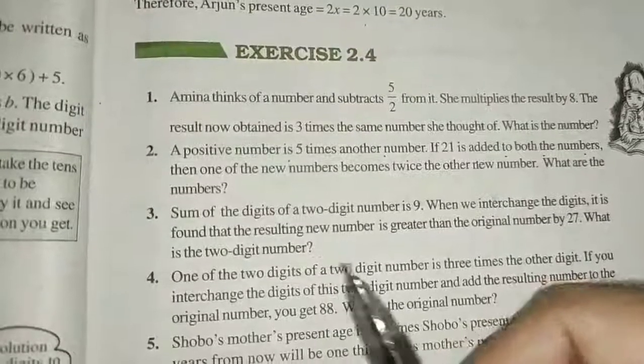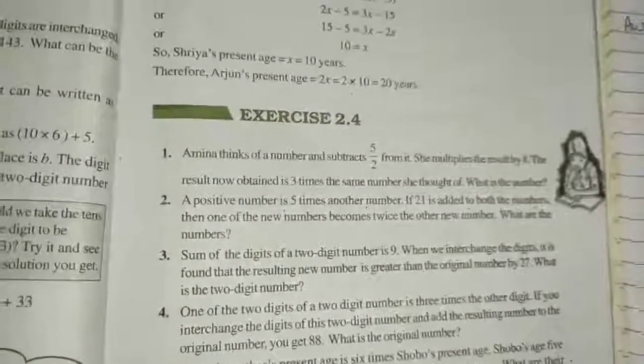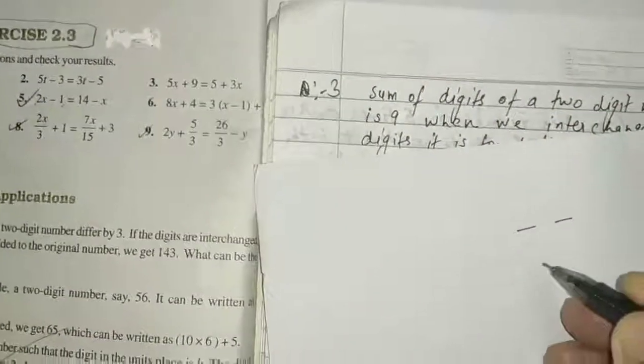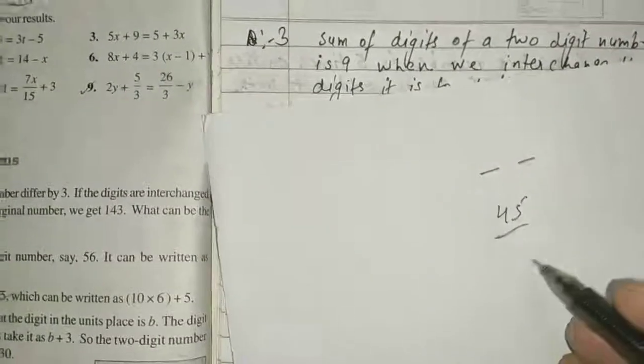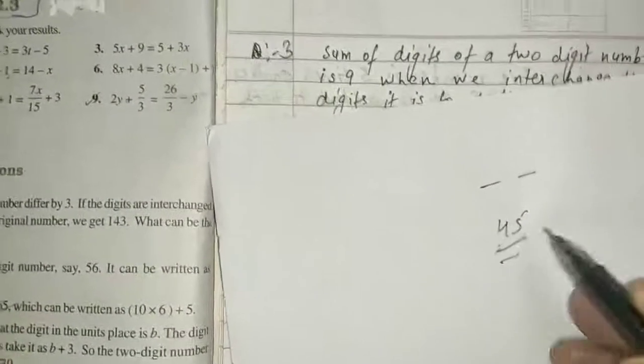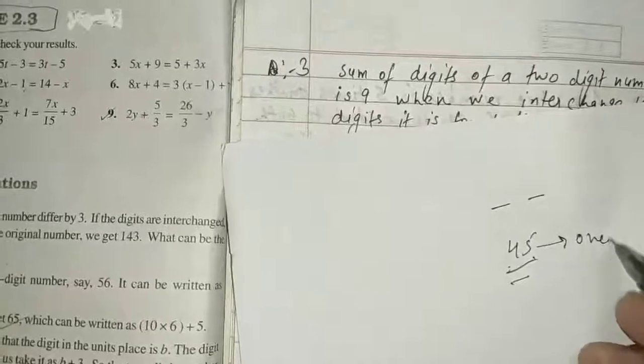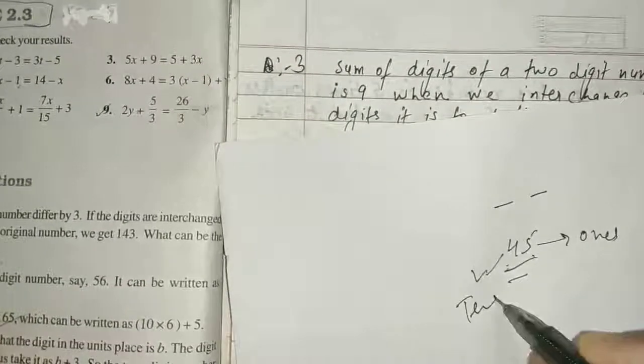What is the 2-digit number? So how will we do this question? Okay. So if you see, the solution is here, but suppose they are saying the 2-digit number. So how is a 2-digit number? Suppose if I write a 2-digit number like this, 45. This is the 2-digit number. Question is that 2-digit number. So I write 45. This is at which place? This is at 1's place and this is at 10's place.